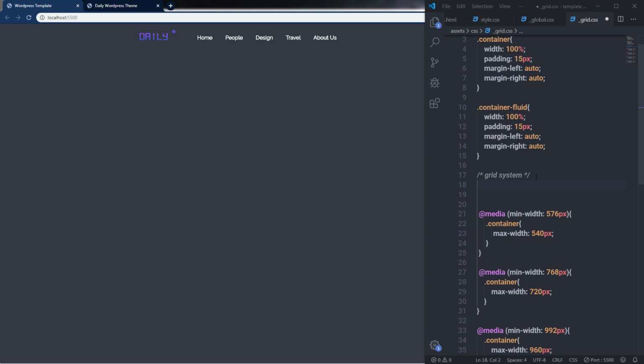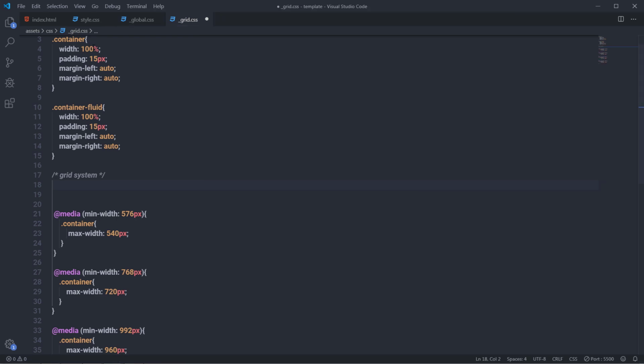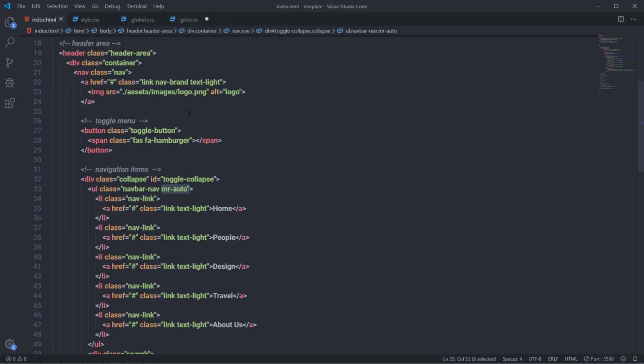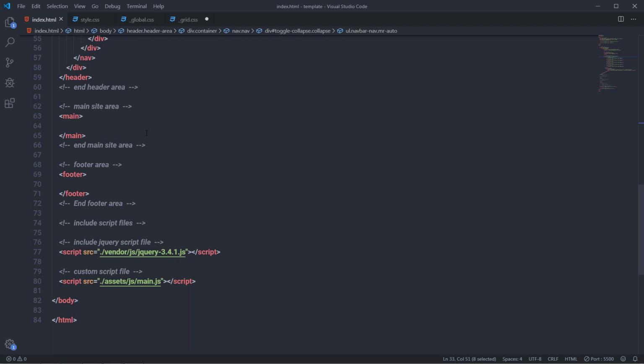Now let me show you how you can create your own grid system in the HTML template to make any element responsive for any viewport. So let me show you how you can do that. So I'm going to just open my index.html file, and inside it, in the main section, I'm going to simply